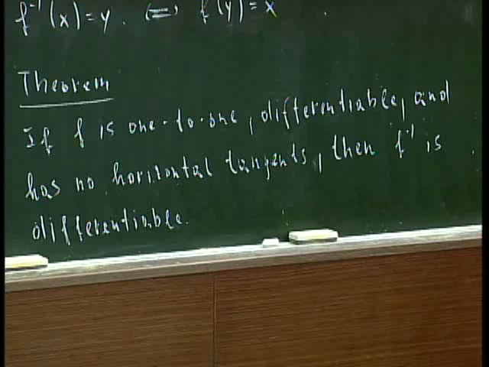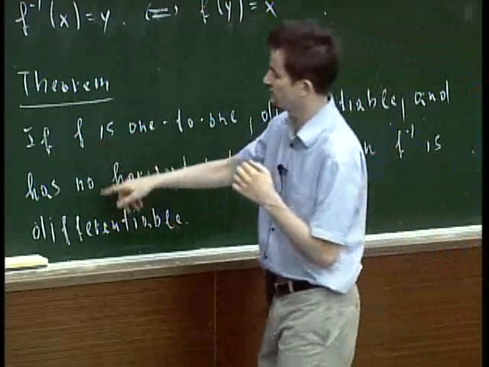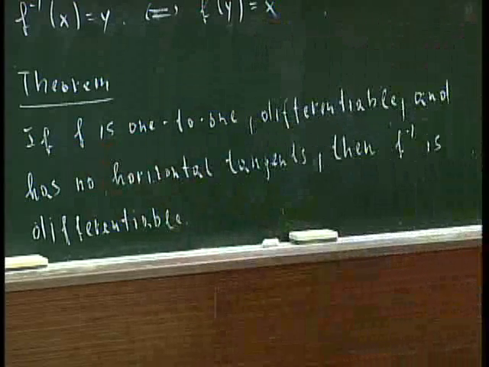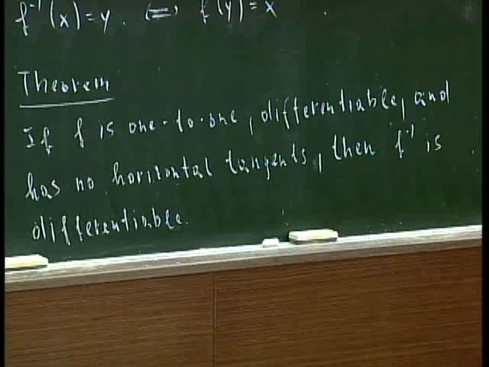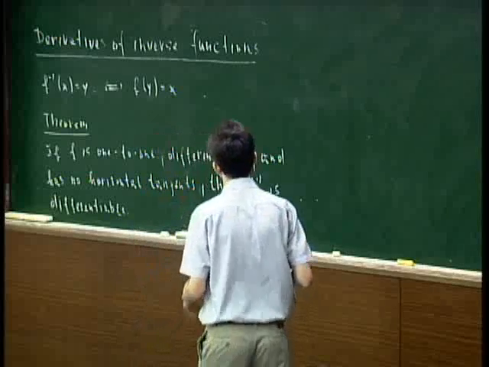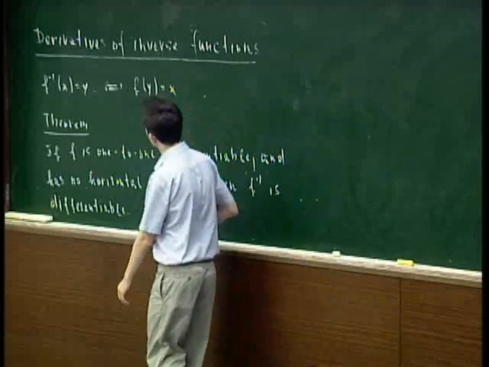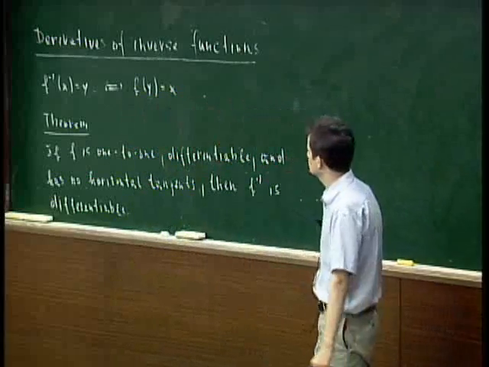The only problem you have is if the original function has horizontal tangents, because by this reflection principle those horizontal tangents are mapped into vertical tangents, and vertical tangents are points where the function is not differentiable. So I'm not going to prove this here, but if you know this, then you can just look,